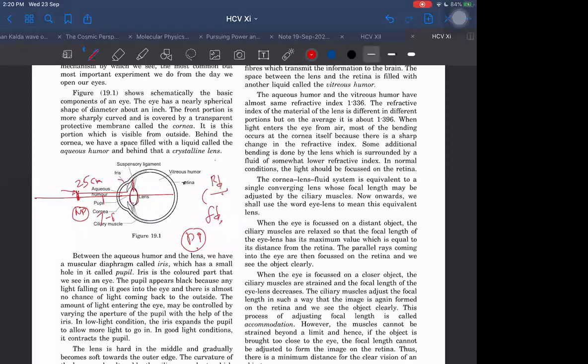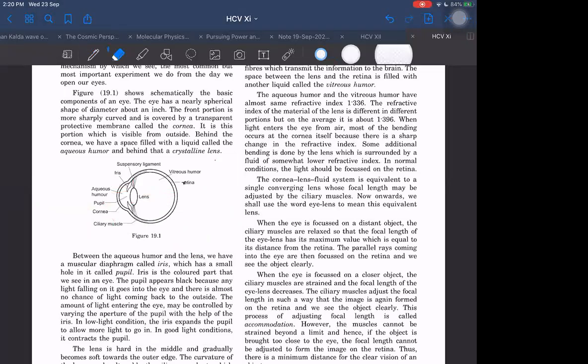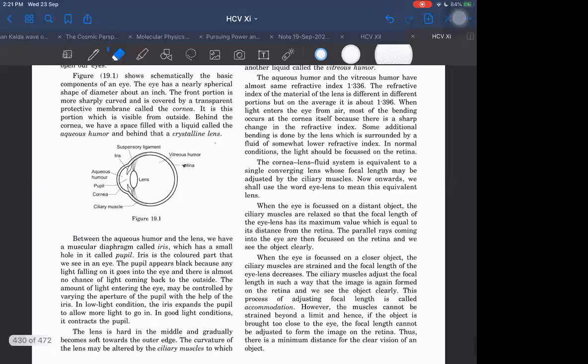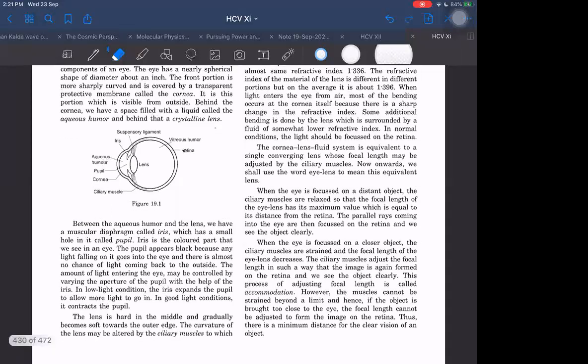If you want to do this, you can try, or you should not try. In fact, maybe try for a fraction of a second. It will not make much difference. Take your finger and place it very close to your eye and then try to see it. But don't do it for more time. Your eyes may get defective if you keep on doing this again and again. Don't do that. But just for once you can see it. And you will find that you really need to put a lot of strain on your eyes to see something which is very close to your eye. So, although we should not do that, right?